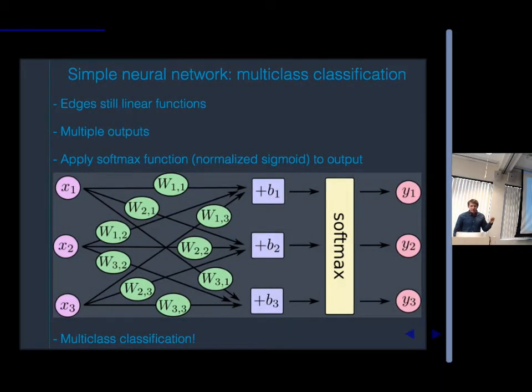Okay, so this looks more complicated. It really isn't, though. This is basically just the natural next step when we move from multiple inputs and a single class that we're trying to predict. Now we're going to have multiple classes that we're trying to distinguish between. So have people heard of the softmax function? Is that something that people are familiar with?